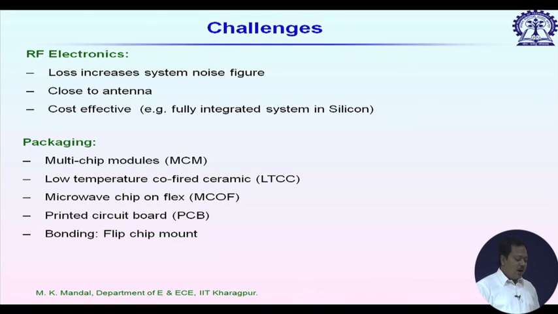And next, how to connect the chip with the other components. For that we have to use some sort of bonding. So, wire bonding, or it can be flip chip mount, we will see later. At millimeter wave frequencies, usually wire bonding is lossy, flip chip mount is less lossy, but it has some additional problems of power leakage and coupling and generation of surface wave modes.